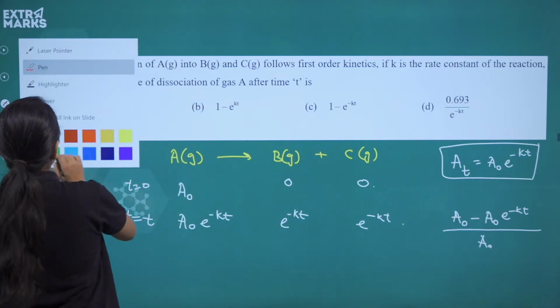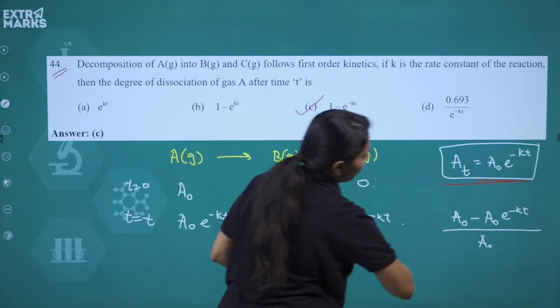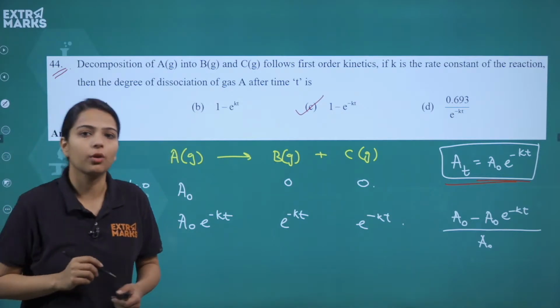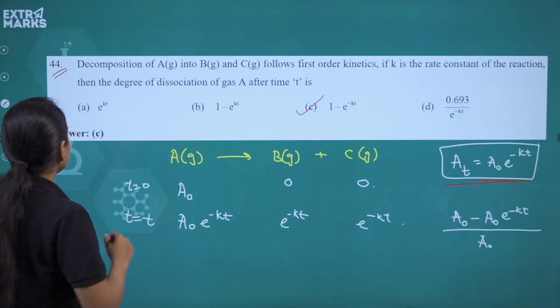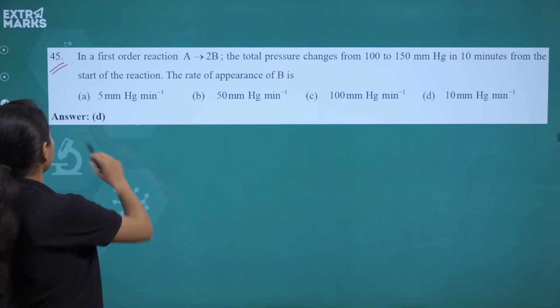So answer is option C here. Just remember, don't forget to use this formula over here, the exponential formula for first order kinetics. Alright. Question number 45. In a first order reaction A giving you 2B, the total pressure changes